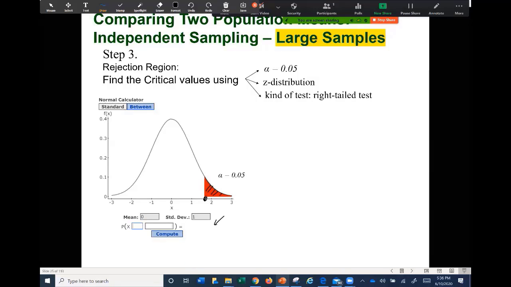We need to input the tail. And here we need to input greater than, and when we click compute, let's do it. That is the first information that we need to input. This tail is 5%, 0.05. And we need to find the Z-score such that the probability to get a value greater than this point should be 0.05. When we click compute, we will obtain this critical value, 1.65. That is my critical value. That is my reference point.